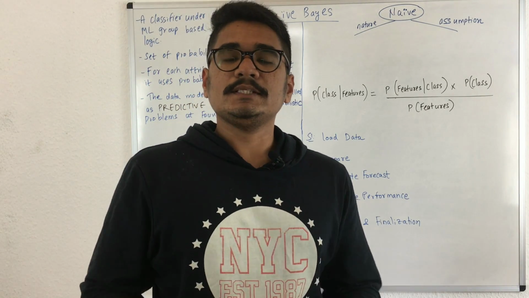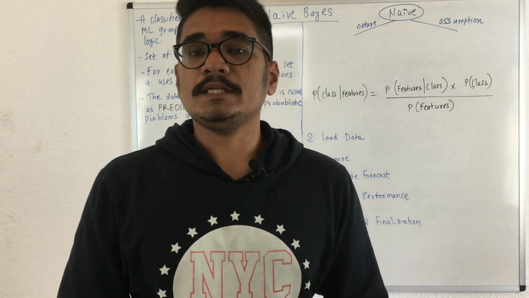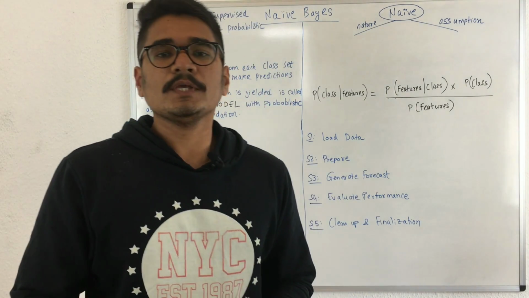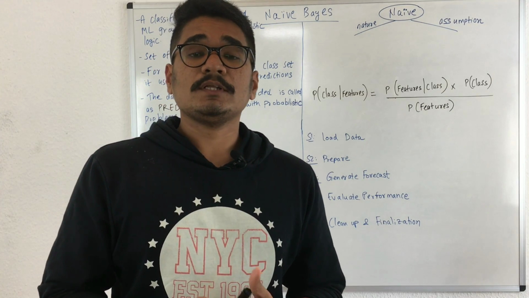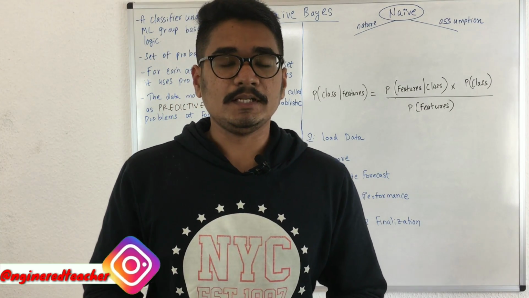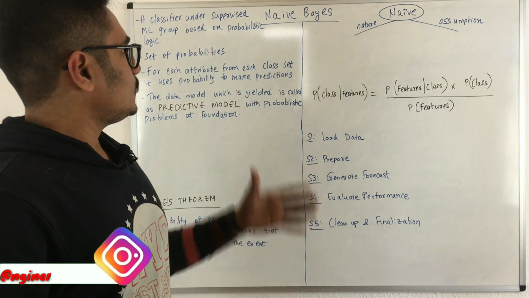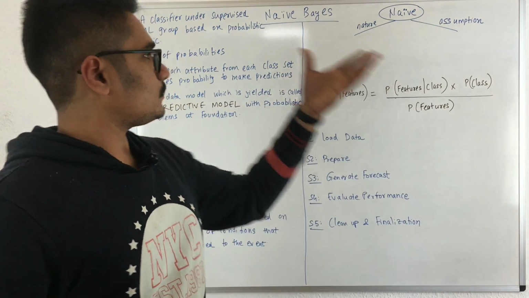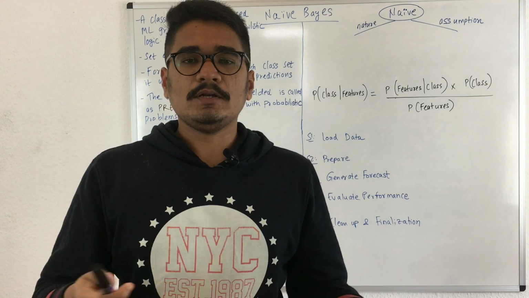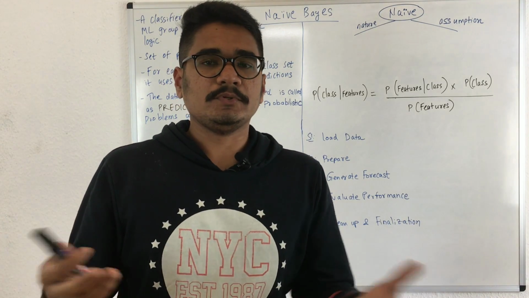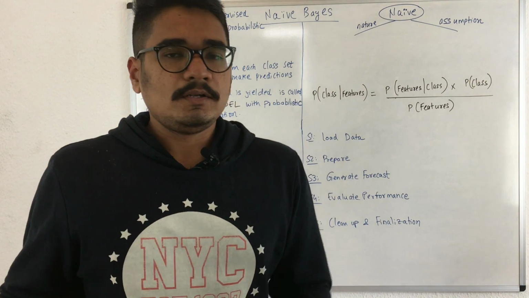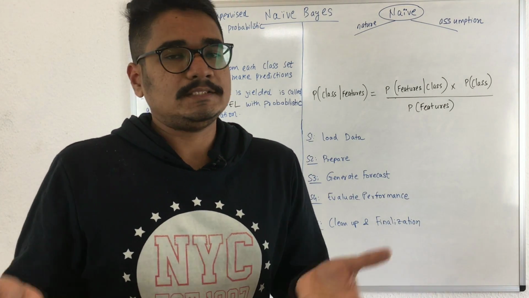So we have already seen what are the various types of supervised learning and what are the various types of classifiers which are available. So today in this video we'll be seeing what is naive Bayes classifier in machine learning. So let's get started. So there are two terms, that is we have naive and Bayes. Some people may call it naive, some may call it naive, so it's upon your discretion what you want to call it.